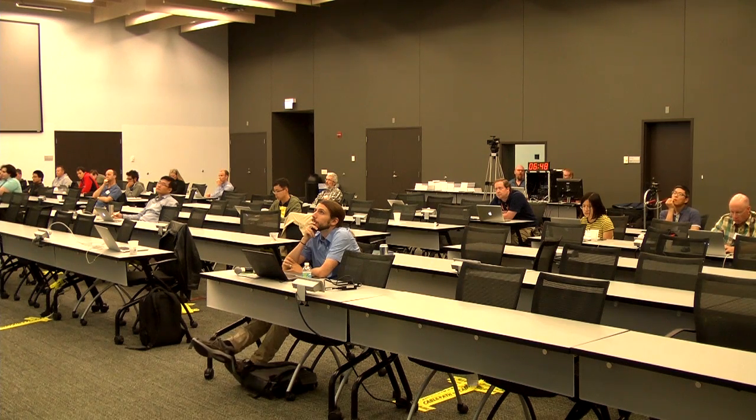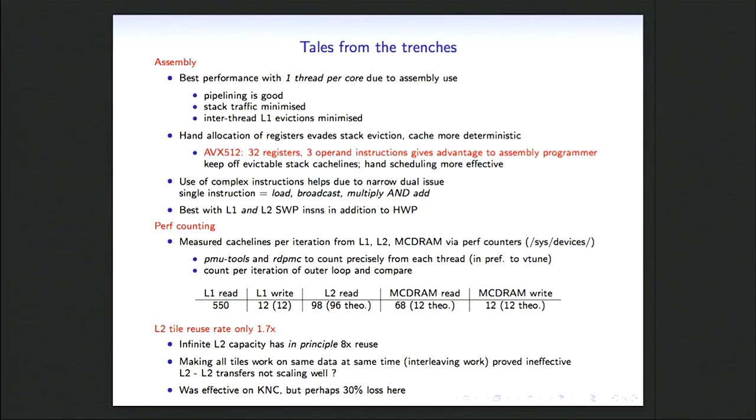I found using that and reading performance monitor counters via RDPMC instructions really useful. For that, I needed root access to one of these DAP platform systems, but it made a big difference and led me to discover certain things and speed it up. Using these and some secret sauce that Larry Meadows at Intel gave me to read MCDRAM performance counters, which I believe are public and I can share with anyone if you drop me a mail, I was able to